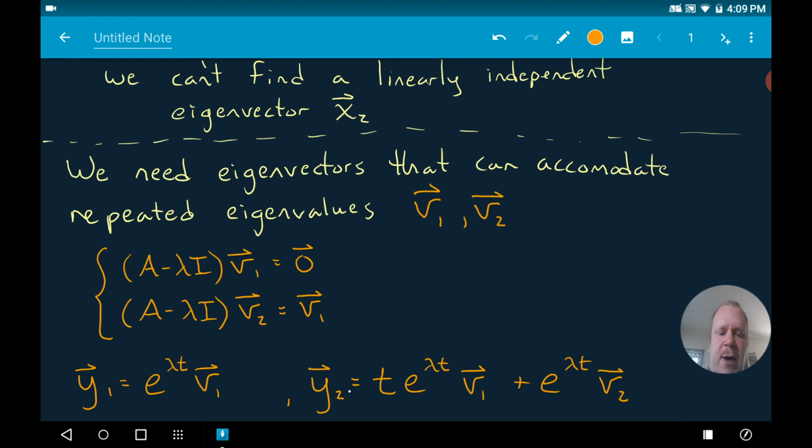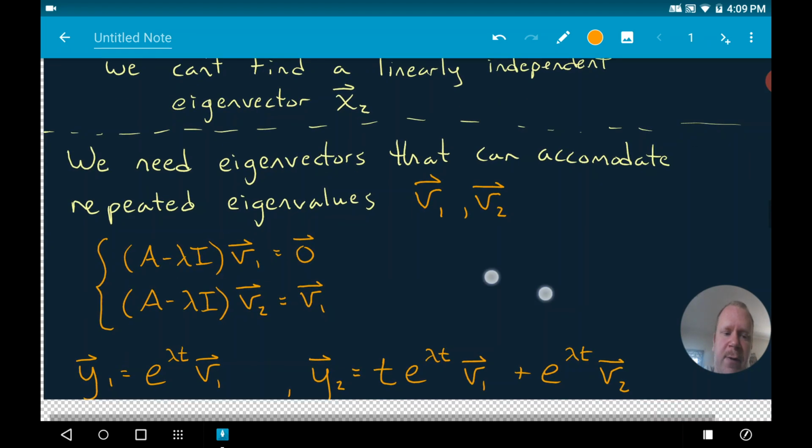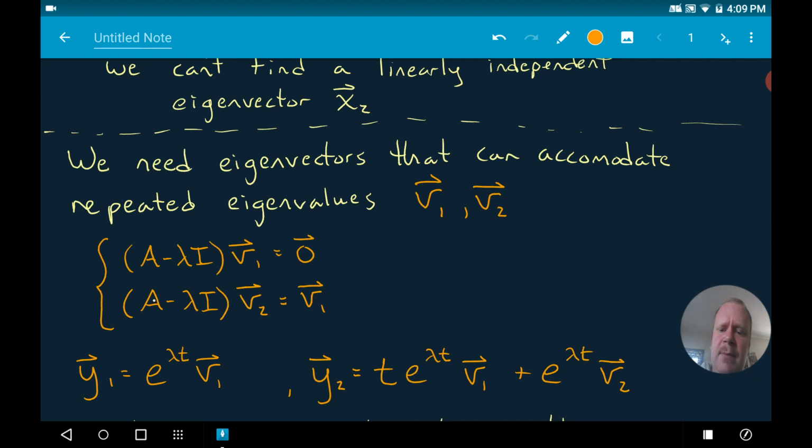This is something you might want to write on a flashcard here, but we're going to call them V1 and V2. These are our new eigenvectors that can deal with repeated eigenvalues. The equations that we set up, the first one is going to be exactly what we would do normally for real eigenvalues. So that 1, 0 that we found above, that's going to work for this one. And then the next one, for our second eigenvector, we set that instead of the 0 vector, equal to the first eigenvector,